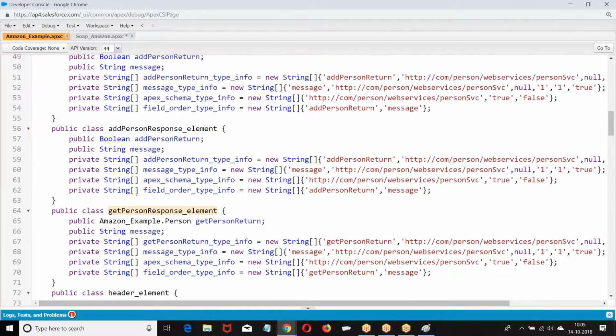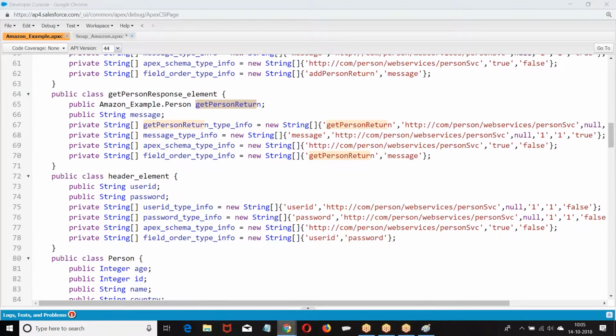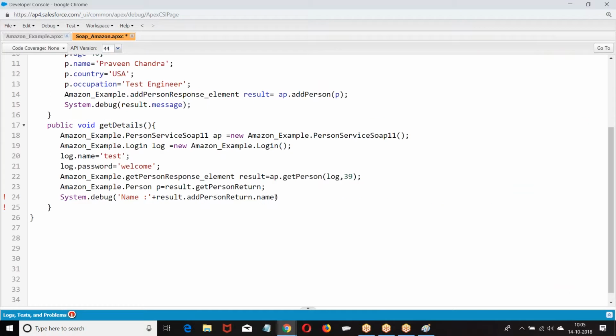Look at the wrapper class: get response element, get person return. Okay. Then you can print straight away. You can print person P.